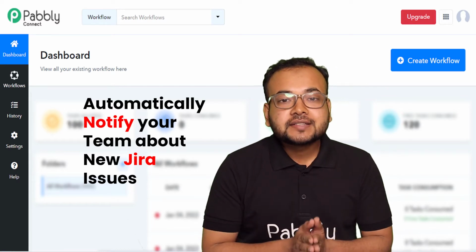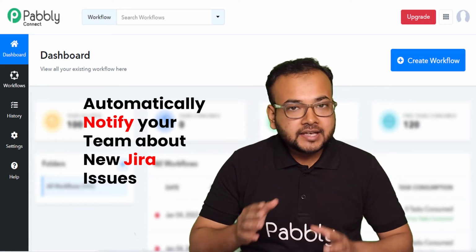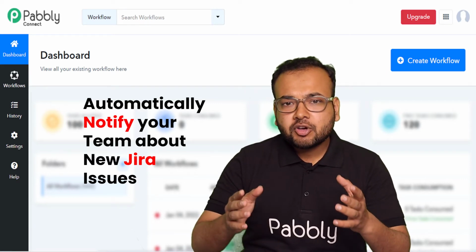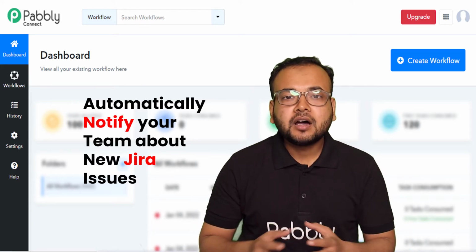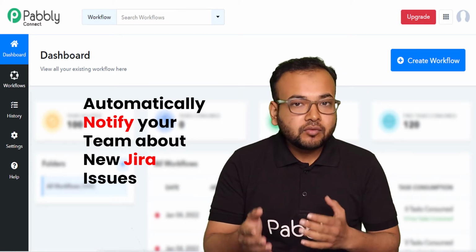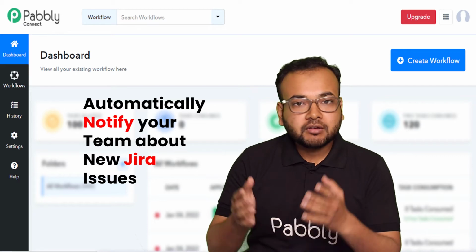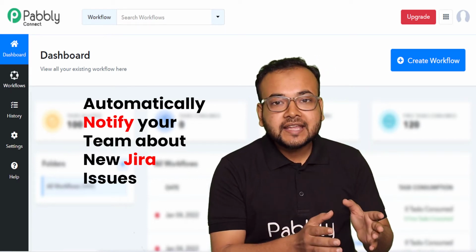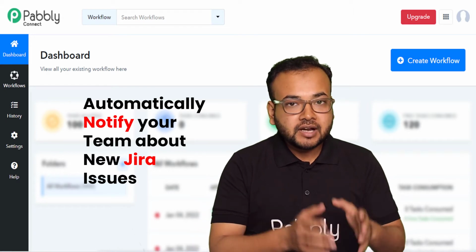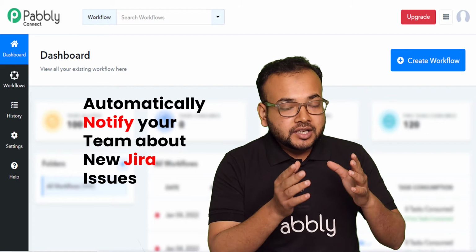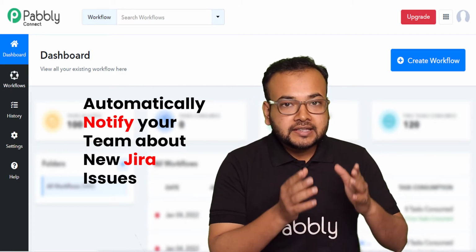So guys, Jira is a project management application and you can use Jira in many different projects. So let's suppose you're managing or handling a tech support project. You are the one who is responsible to receive queries, problems and issues from your clients, and as and when you receive those queries you want to assign them to your team in Jira, as well as notify them that you have received a new issue, a new query, and your team has to